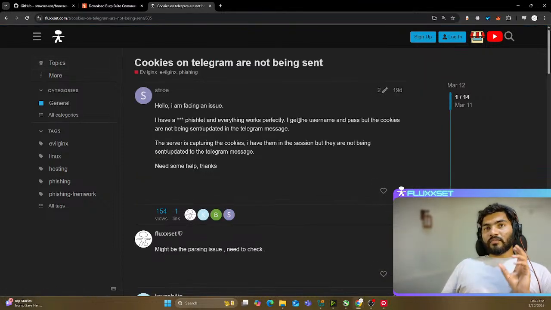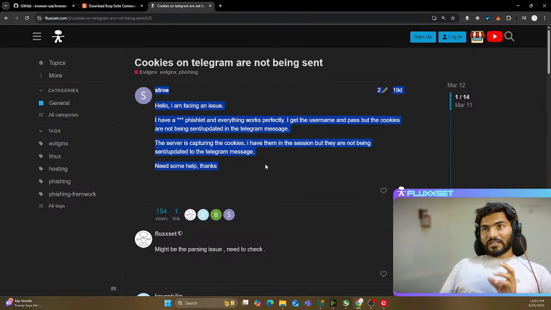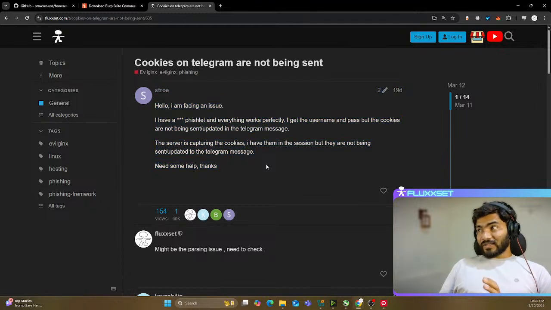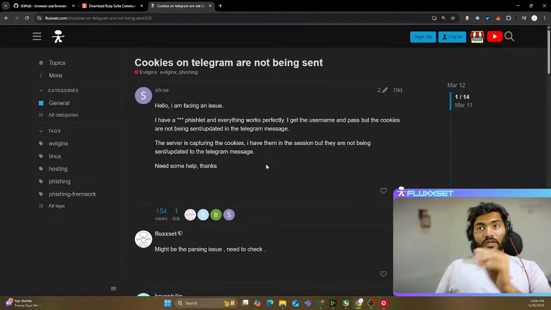About the cookie on Telegram not being sent, I have already tested all of the phishlets these people are sending, and it's working on my side. That means something is wrong either in their phishlet or in the source code they are using. They say they are using my source code only, but it's not working. That means there is a problem with the configuration or something.